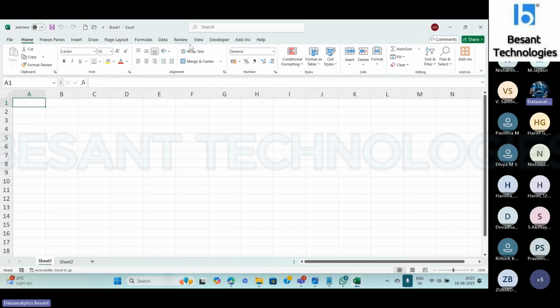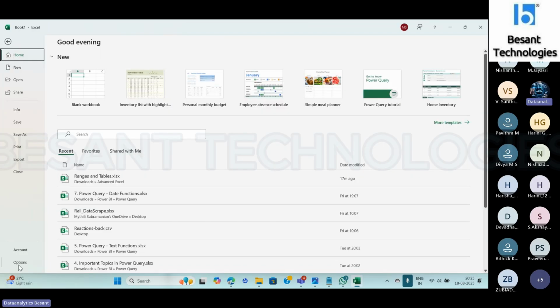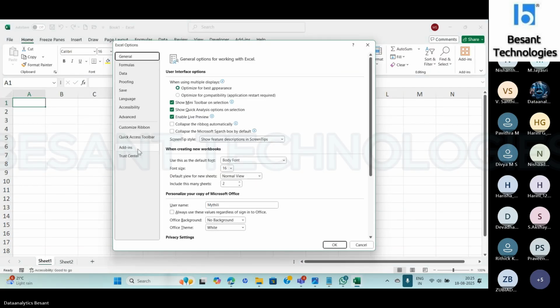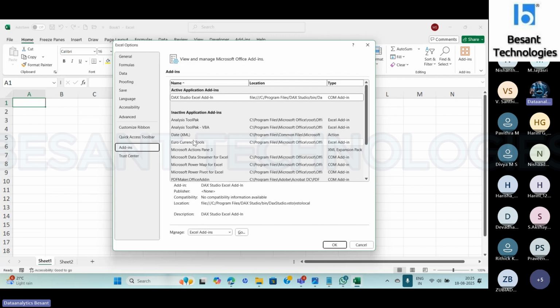it's gone. I come back to add-ins. It's gone from that whole list itself. The second option was my Power Pivot. It's gone from here. It has come here. See, inactive. These are your active. These are your inactive. If the ones that I'm looking for are available in these inactive options itself,